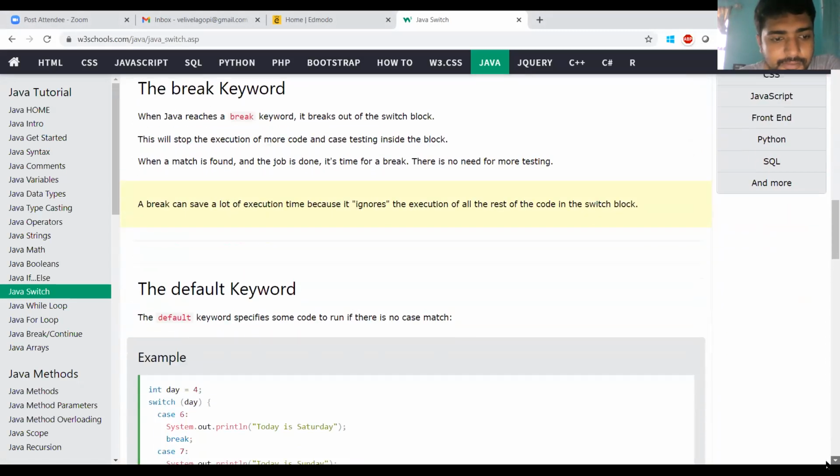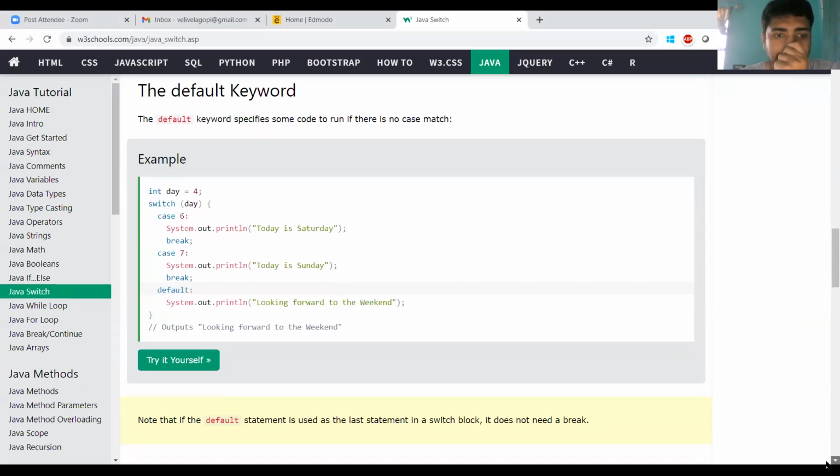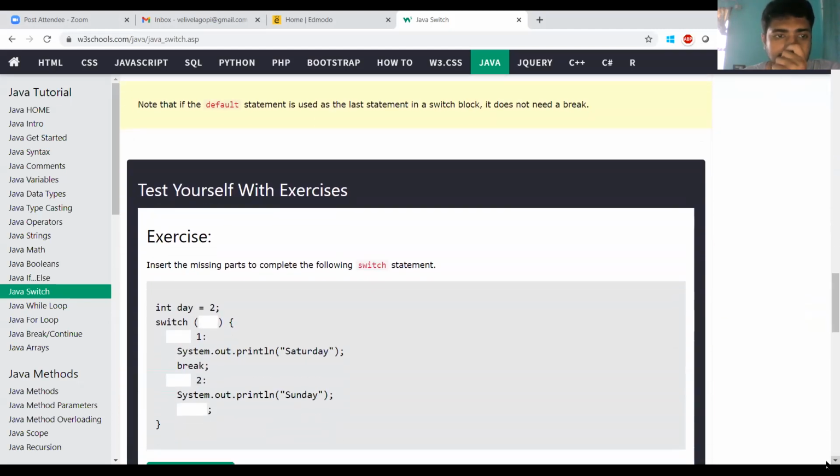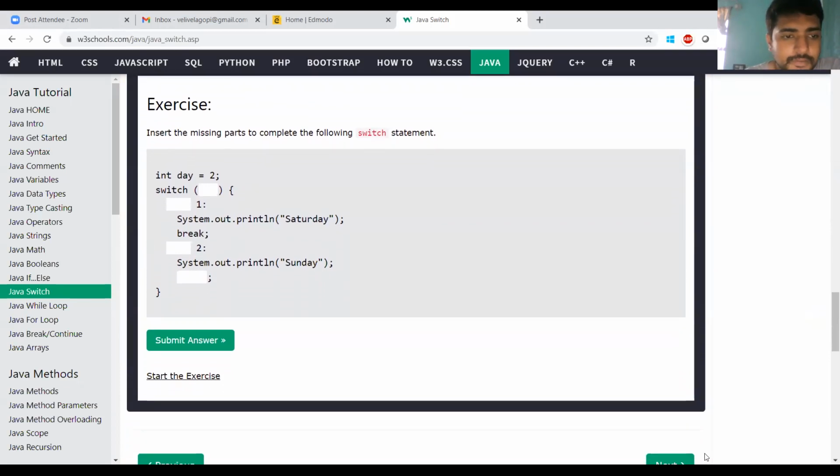So let us see, can anyone answer this? This is an exercise.